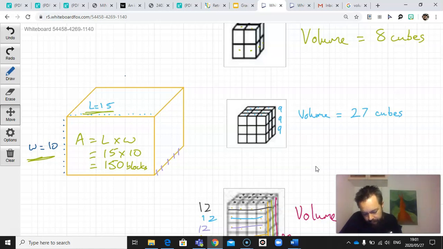And what we can then do to find the volume is we can go the length times the width times the, and we can call this the depth, or if you did another way, it would be the height, but I'll call it the depth. But really, it's just the three things times each other. So 15 times by 10 times by 5, 150 times by 5,